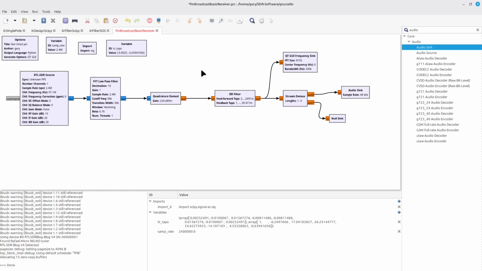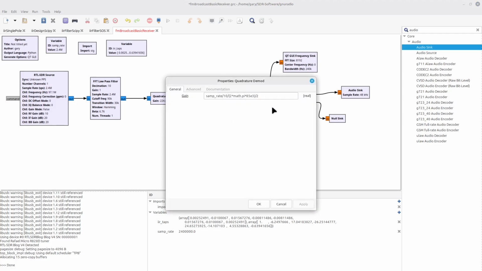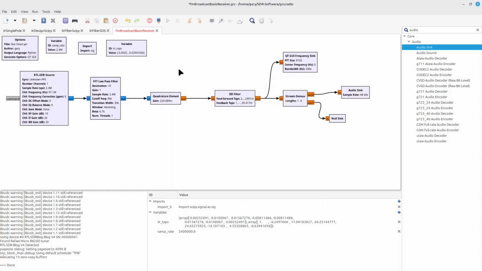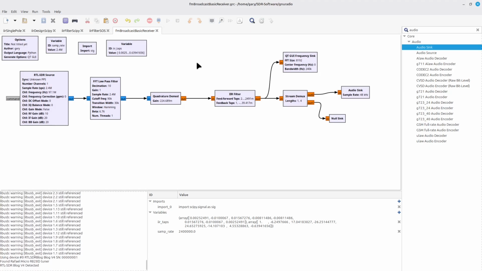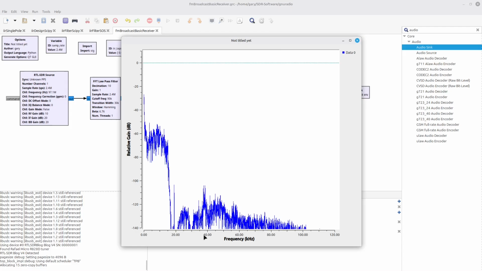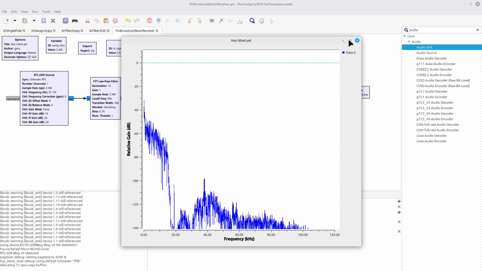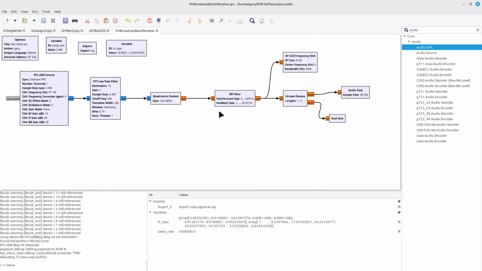The only difference is that because I probably blew out some speakers when I played the radio the last time, I put in the Quadrature demod. I did a /2 in order to keep the volume from blowing anybody else's eardrums out. And apologies for that if I did. When you play this, it should look very similar. It does. Notice that I've still got the left plus the right here. It's just lower on the amplitude because, again, that's /2.